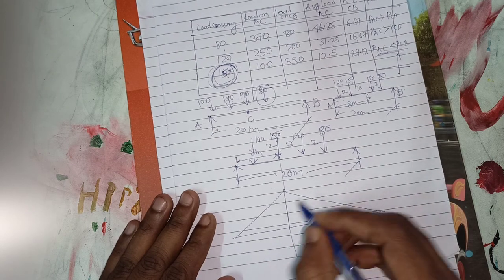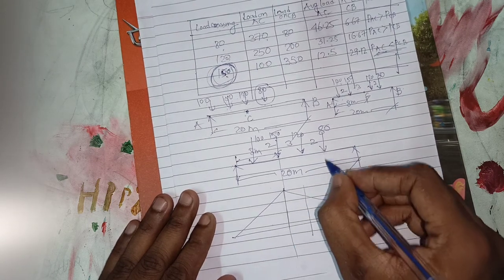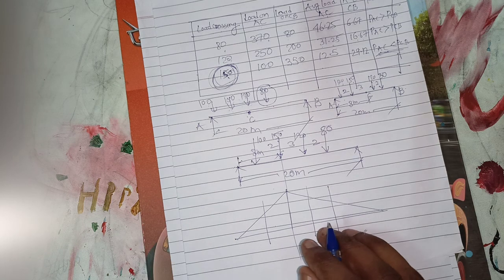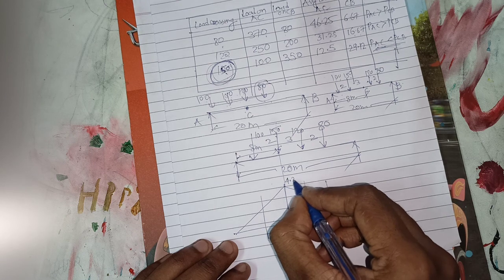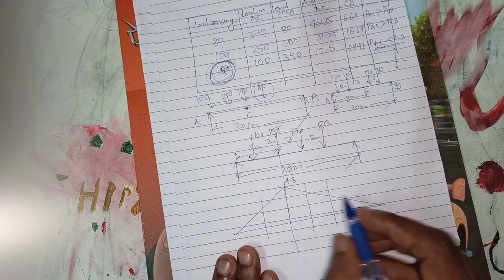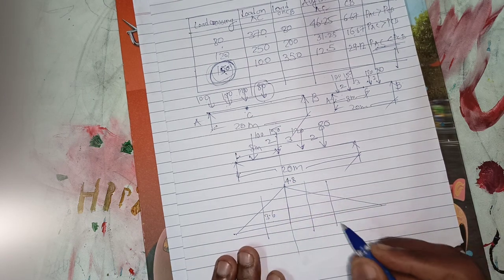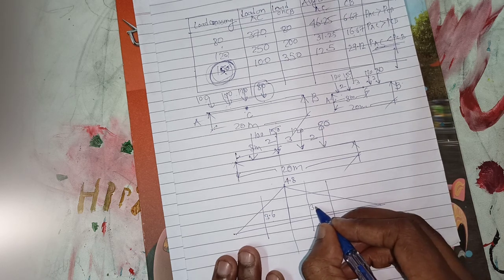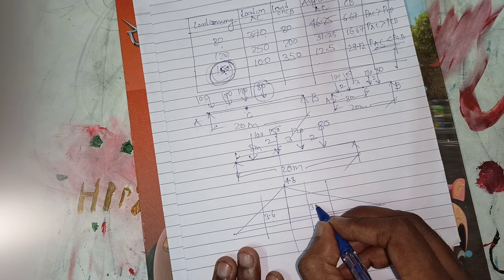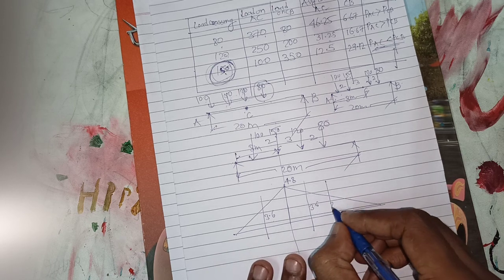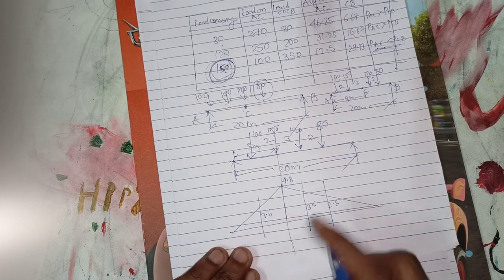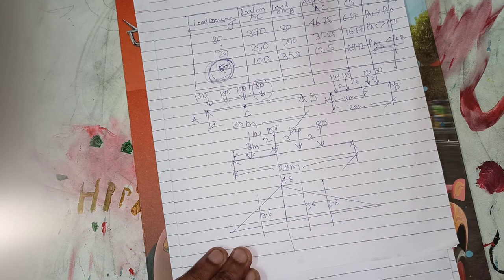Now for the rest of the procedure, you just have to project the line like this. You have to project this line and calculate the ordinates. So here the ordinate will be equal to 4.8 meter, here it will be equal to 3.6, here again 3.6, here it will be equal to 2.8. By similarity of triangles you can directly calculate the ordinates.